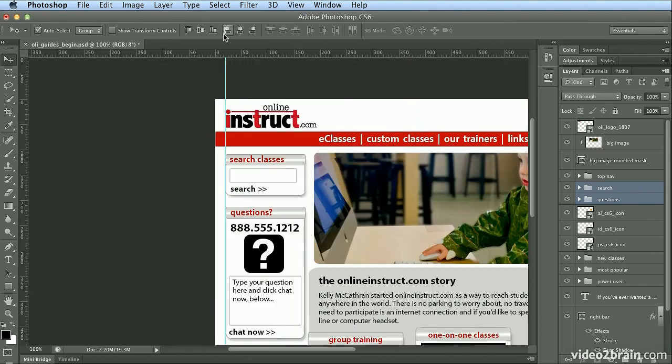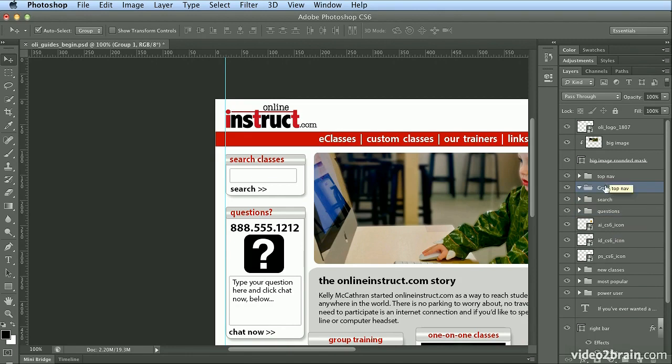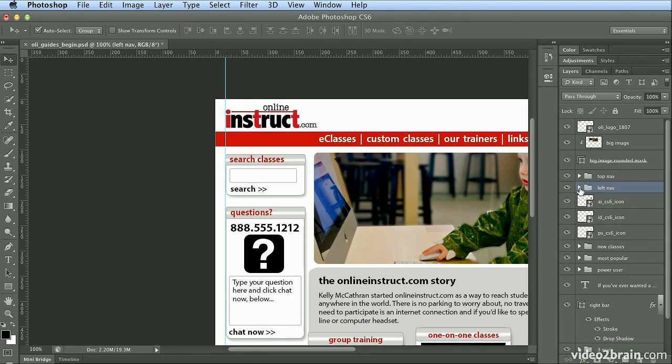If I zoom out with Command minus or Control minus, I think I want to put these two folders in another group called Left Nav. So I'll make another new folder group. I call it folder group because they look like folders, but they're technically just called groups. And we'll call this Left Nav. I'll click on Search, hold down Shift and click on Questions and drag them in,